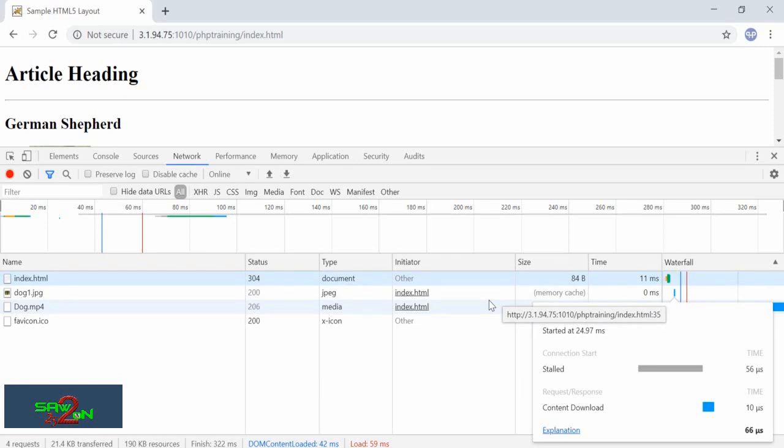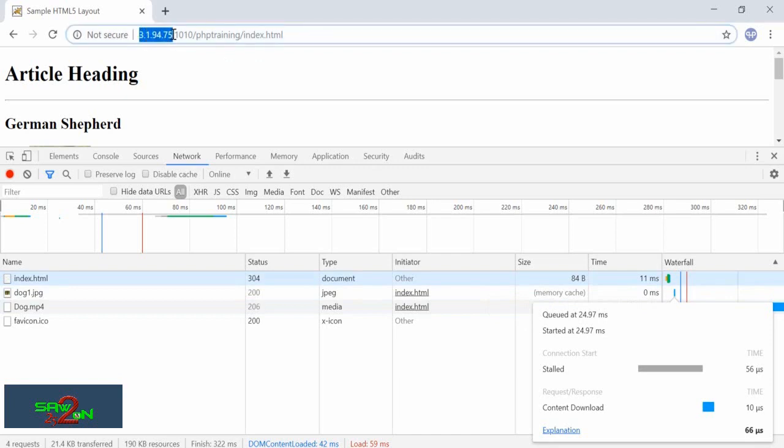A website is hosted on a server which has a public IP address. You create a folder on it, then you create some files in it, and using a browser you try to access these files, and this file links up other resources on the server. Once you request this URL, the server, that is the Tomcat server, gets the request and responds with all the files that have been requested and sends them back to the browser. That's how a website works.